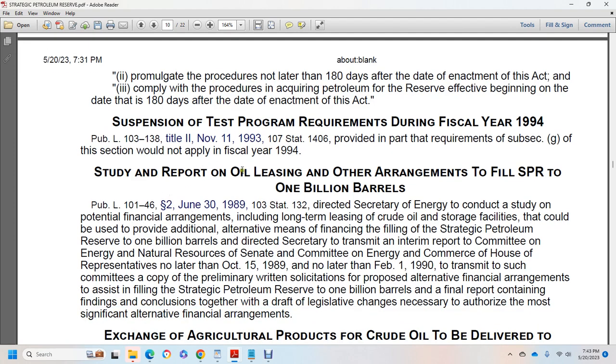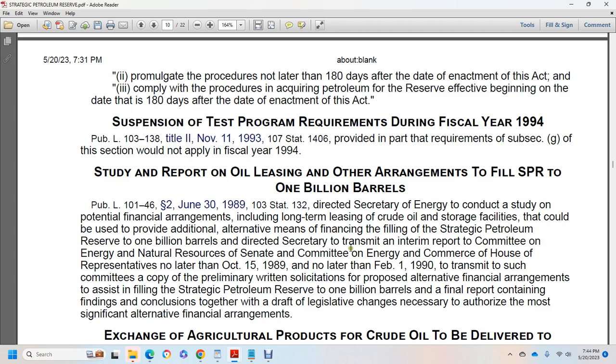Study and report of oil leasing and other arrangements to fill the Strategic Petroleum Reserve to 1 billion barrels. Public Law 101-46, Statute 2, June 30th, 1989, 103 Statute 132, directed the Secretary of Energy to conduct a study of potential financial arrangements, including long-term leasing of crude oil storage facilities, that could be used as additional alternative means of financing the filling of the Strategic Petroleum Reserve to 1 billion barrels, and directed the Secretary to transmit an interim report to the committees on Energy